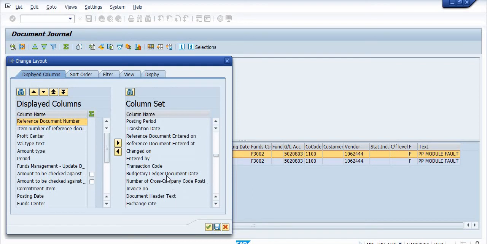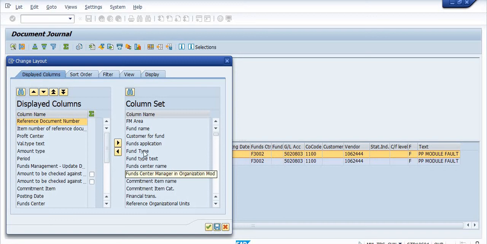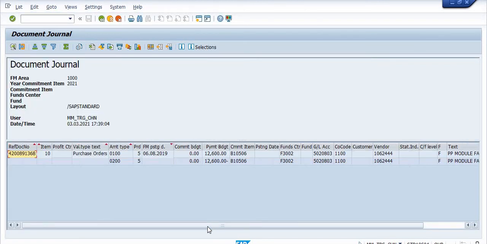All the things are available. You can include them in the list. For example, I am going to include fund type and commitment item name. If you don't know the name of the commitment item, the commitment item name is B10506.